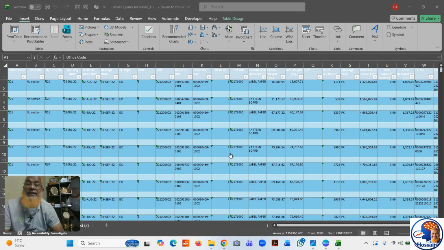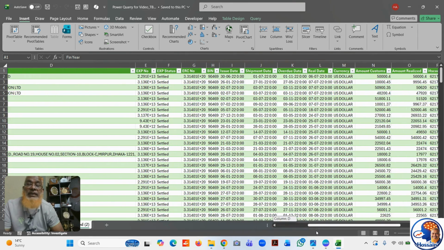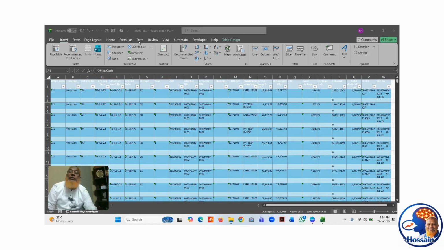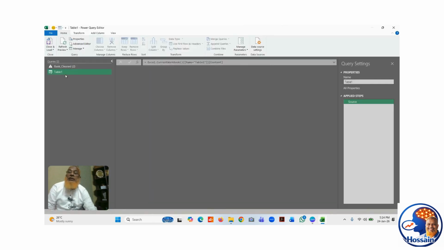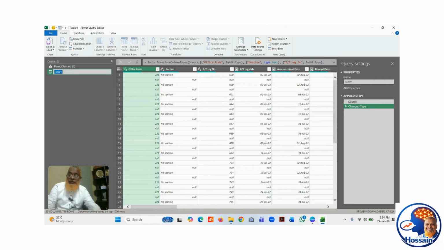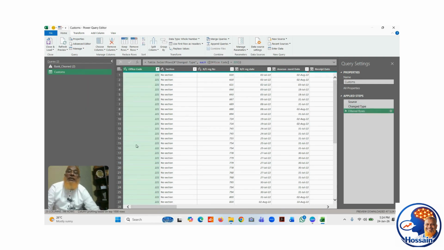This is the dataset that we have of a risky concern we have identified. And this is the one that the bank dashboard generated for the same concern. And we will analyze and match this data by doing some cleaning up operations with Power Query in minutes. We click on data, from table and range. We have got the Power Query editor now. Name it as customs. And the only issue that I could find was the existence of nulls here, and otherwise